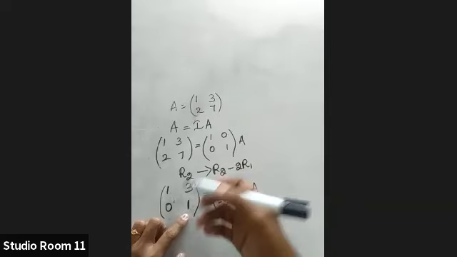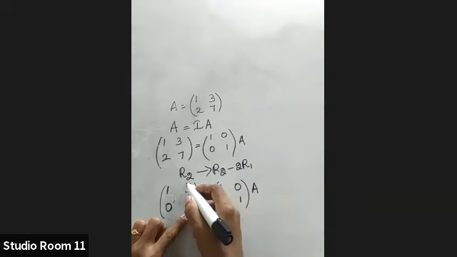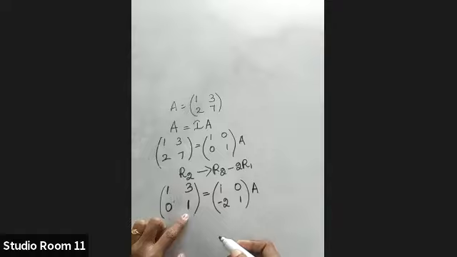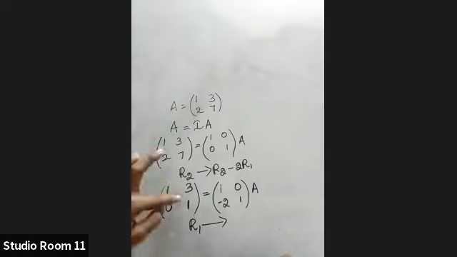Yes, answer it, children. If it goes wrong, no problem. You open your mouth and answer it. We want here to be made 0. So that means in which row we want to make the changes? First row. So first row should be transformed, isn't it? Instead of 3, we want 0. So can you guess the transformation? What is the transformation? Here we want 0. So what do you have to do?